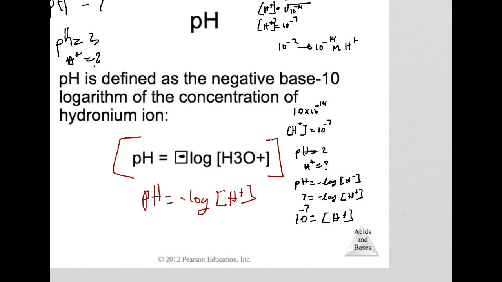Negative 4.33. Everybody get that one? Okay. Note that when you have a small number, a number less than 1, the log is going to be negative. And so now, in order to get rid of that negative, the pH is equal to 4.7